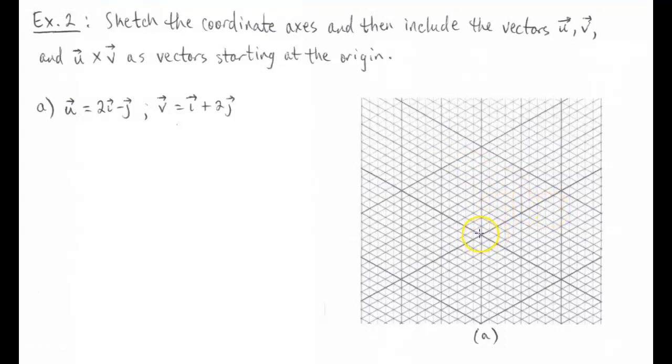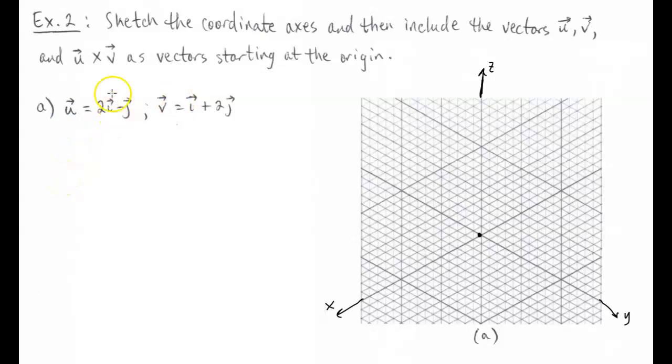I'm going to let this point be the origin here. And so because of that, I'm going to let that be the positive x-axis. I'm going to let this be the positive y-axis. And I'm going to let this here be the positive z-axis. Okay. All right. So with that, we want to sketch a graph of the vectors u, v, and u cross